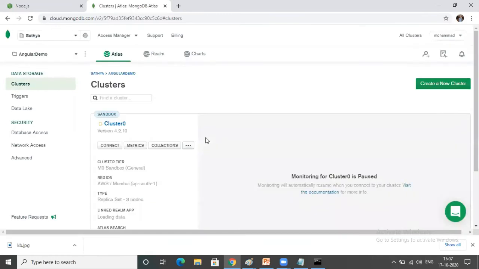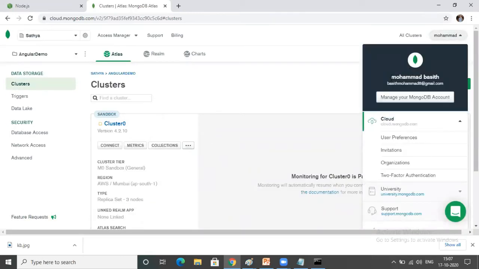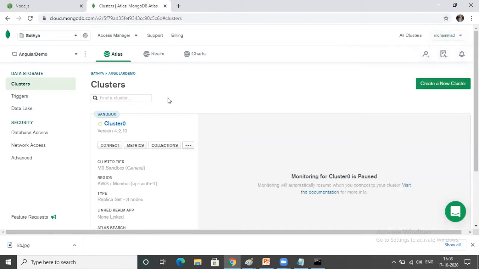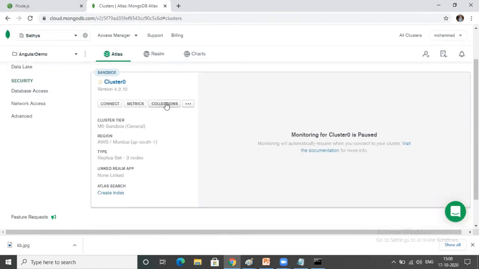You can see here, no need to register again to download. Directly you can log in. Here you can see already one mail ID is there. With that mail ID, I'm trying to log in. Some student mail ID is there here. I'll try to log in with his mail ID. And then here you can just go to collections.